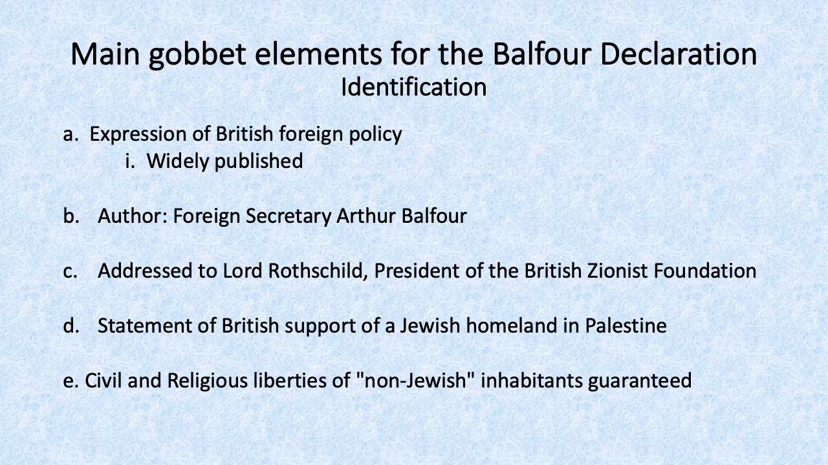In some ways, my decision to include that in the identification section is based on the fact that when I get to the analysis section, I'm going to examine the fact that it doesn't say anything about the political rights of the non-Jewish inhabitants of Palestine, right? So, by the way, as you're researching your Gobbet, as you're putting it together, you might end up going back to the identification section and adding something because you become aware that a particular phrase is very relevant. So those are the main elements I would put into the identification section of a Gobbet on